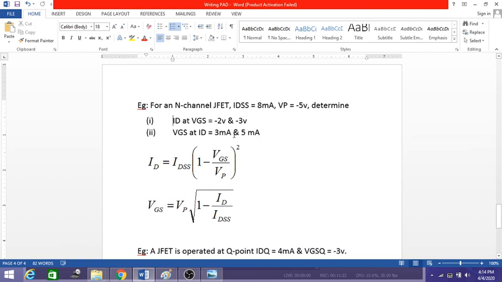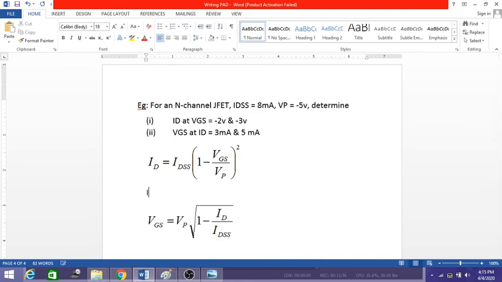IDSS is given, 8 milliamperes, VP is given, minus 5 volts, and for VGS, first we substitute minus 2 volts. For the first case, we will get ID as 2.88 milliamperes, and for the second case, that is for VGS is equal to minus 3 volts, we will get this as